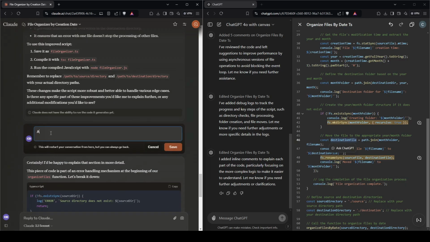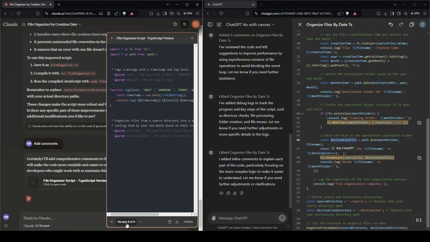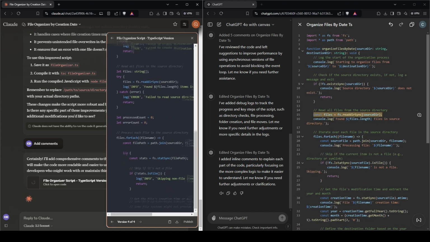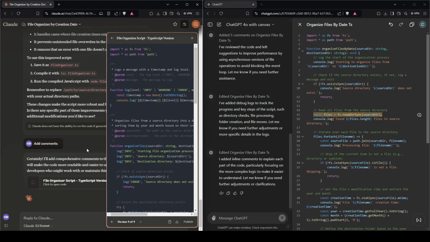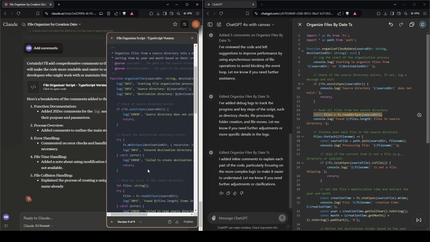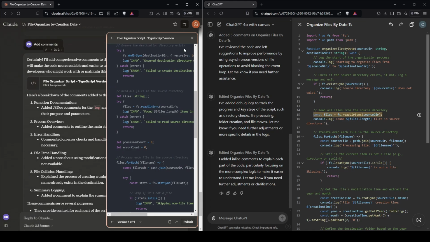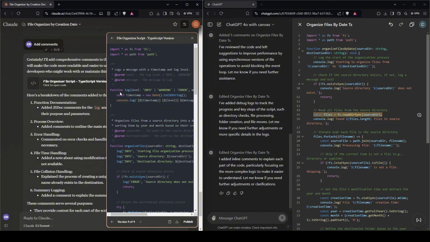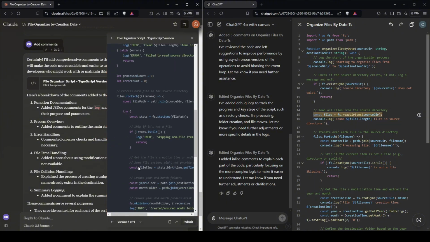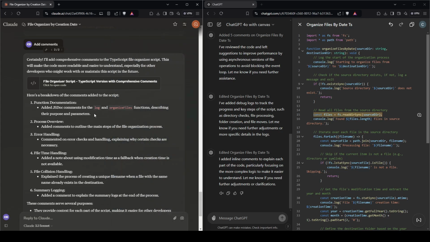So let's try adding more comments. Let's say "add comments." It created a new version, version 4, with more comments and documentation as well. ChatGPT Canvas didn't do that automatically, but Claude deduced that although it already had some comments before, when I say "add comments," it goes one step further. It added some documentation to the function as well. If we go back to version 3, it doesn't have that documentation on the function. So it's part of the comments. I guess Claude excels in code generation in this case.